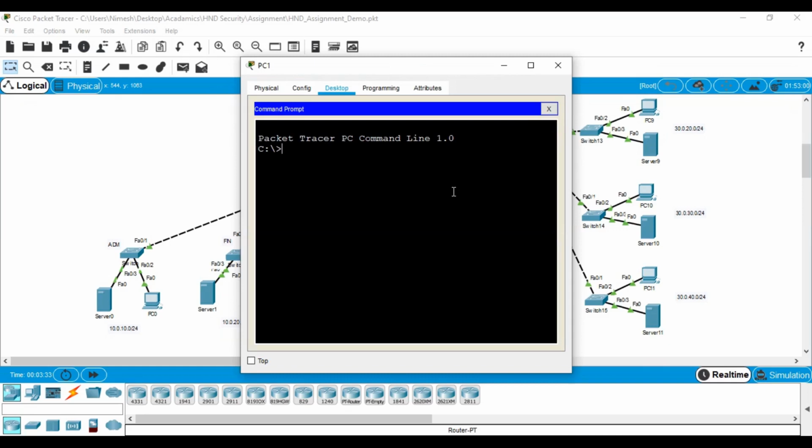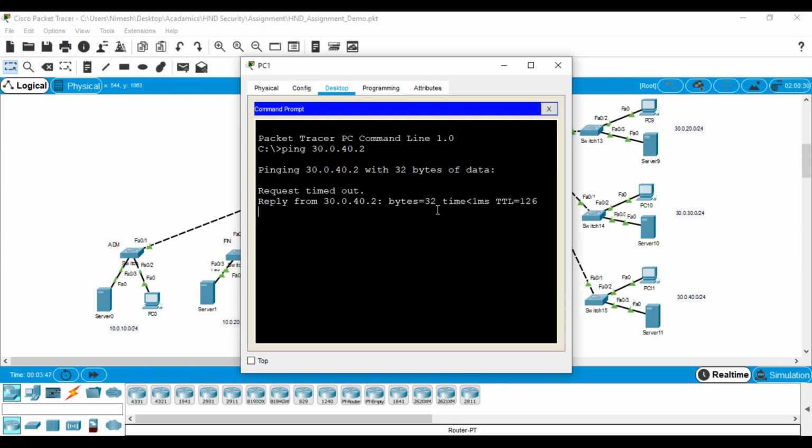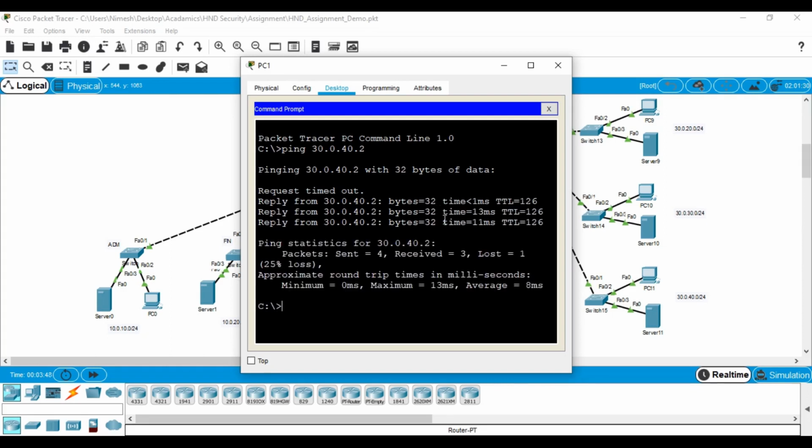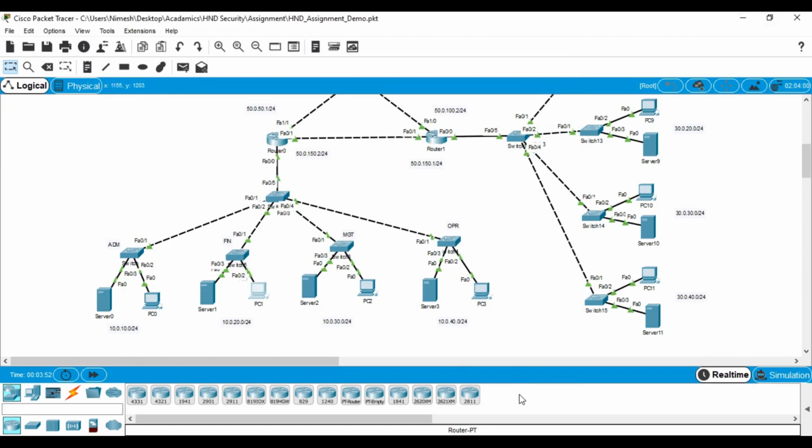and then I will ping from there to the 30.0 network, let's say 40.2, something like that. The first couple of pings will be used for the ARP resolution. Okay, from the second ping onwards it starts working, and now let's see whether our